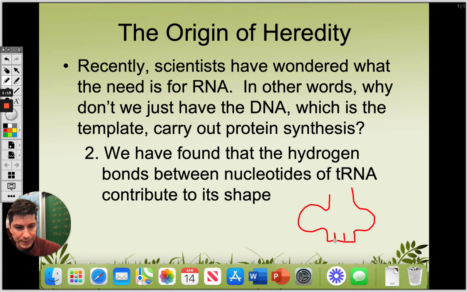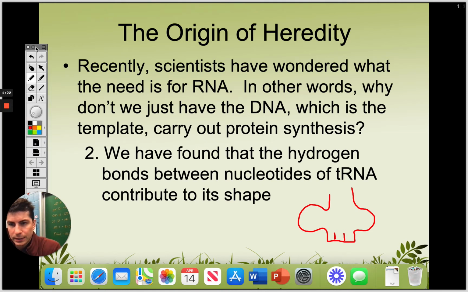And in these three spaces here, we had our anticodon, which I'll just make an easy one here real quick. We'll just do, I don't know, A, U, A. And on the other side of it right here is where our amino acid